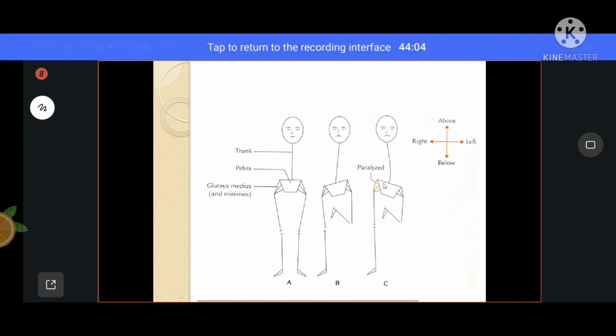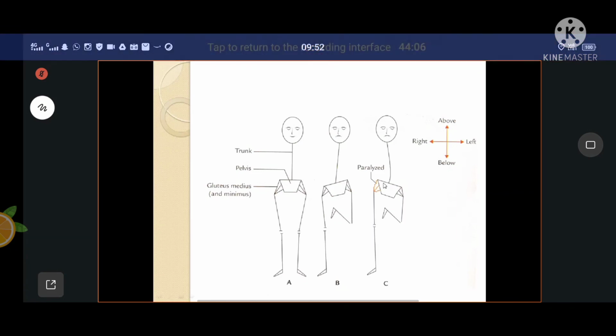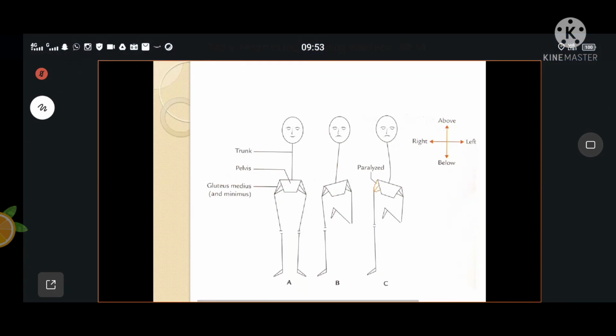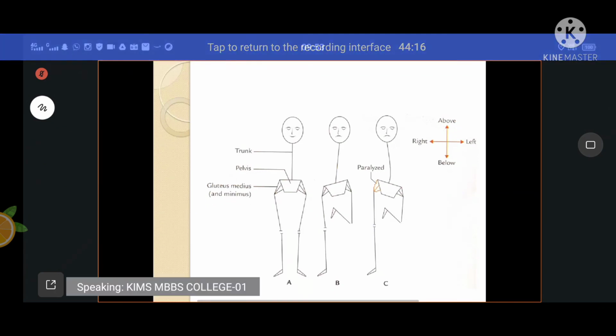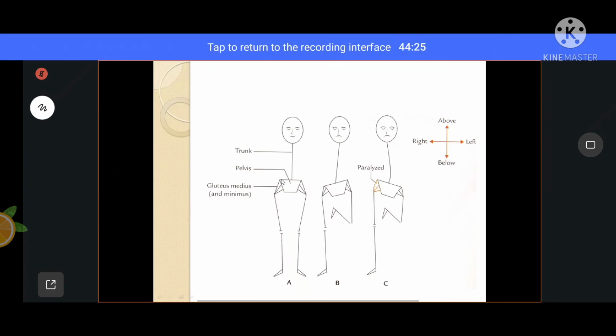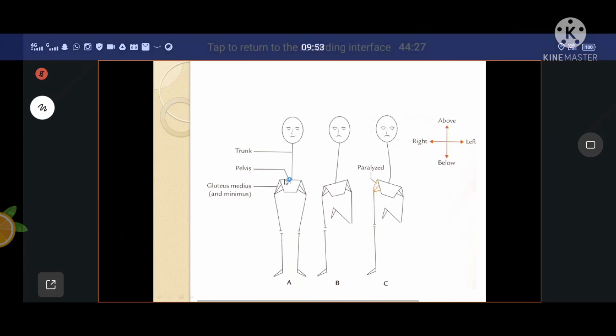So if a question on gluteus medius and minimus muscle comes, what should you do? You have to write about the origin, insertion, nerve supply by the superior gluteal nerve, and then the action. The action is, it is a medial rotator of the hip joint and helps in abduction of the hip joint. And the third is very important, that is the Trendelenburg: they help in stabilizing the hip joint while walking.